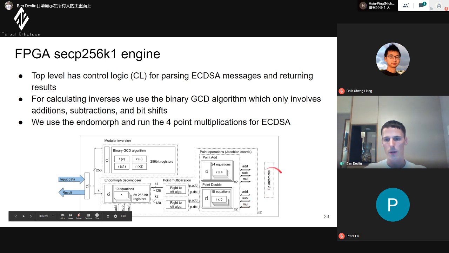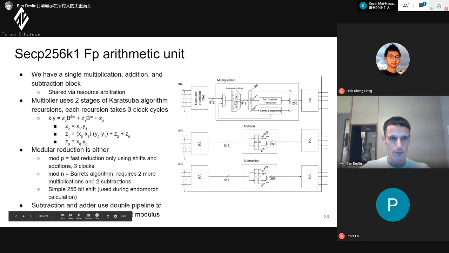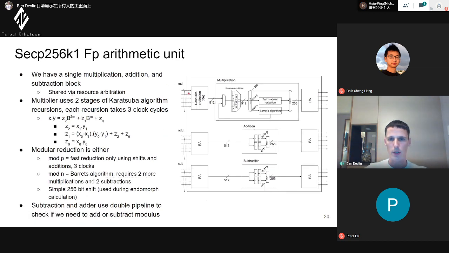And this is connected to our FP arithmetic, which is a shared block, which will help us calculate whatever comes on these. So this is the arithmetic block. You'll see here we have our arbiters, which I showed earlier, on the input and output. It's actually one block, where this is adding the index, marking the input, and then this is putting the output on the right block.